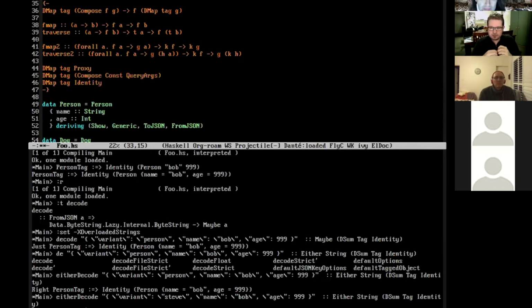Or is it a subset of all of the tags? I'm not sure if that was clear. You could model it as a list of DSum, so it doesn't necessarily contain one of each tag. So no, it's like a Data.Map. Yep, that's been generalized.